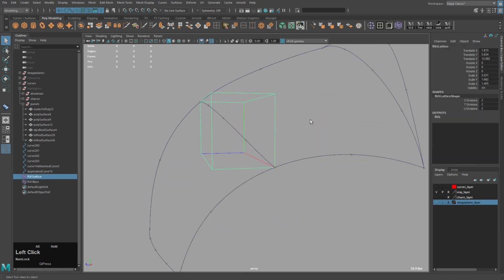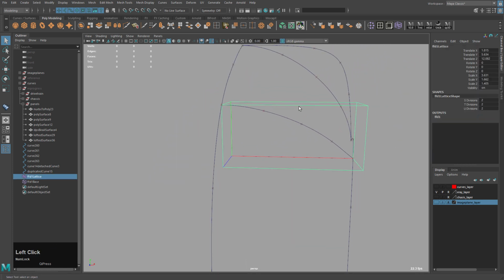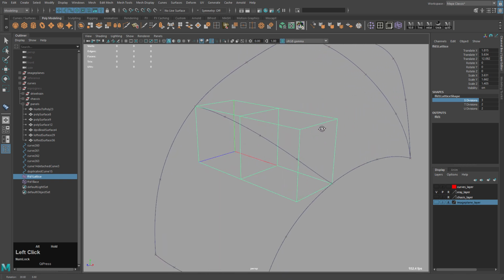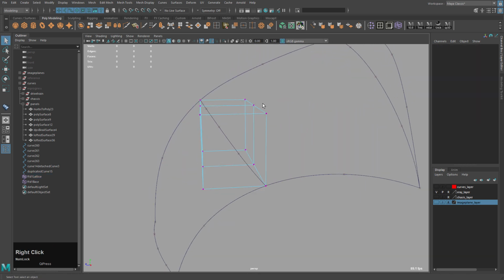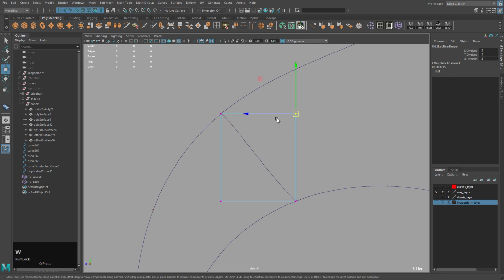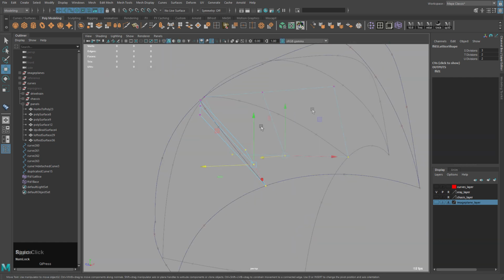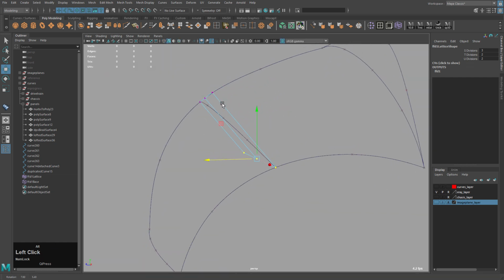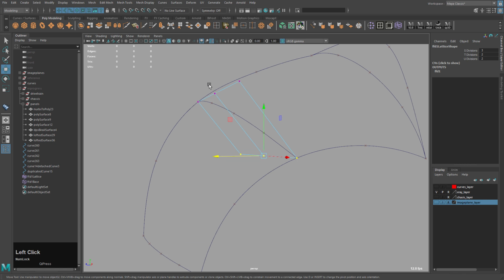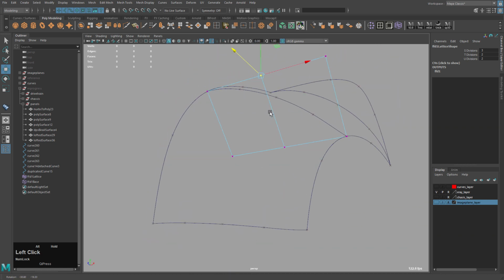And I need to figure out how I'm going to bend it. So I want to add just a single edit point in the middle. So I'm going to add an edit point this way. That should be good. Now if I select lattice, these lattice points here, I can select the X direction, hold V, and middle click and drag until it snaps right there. And then select this one, hold V, and snap there. It basically aligns the curve in a straight line with just a couple lattice points to work with.